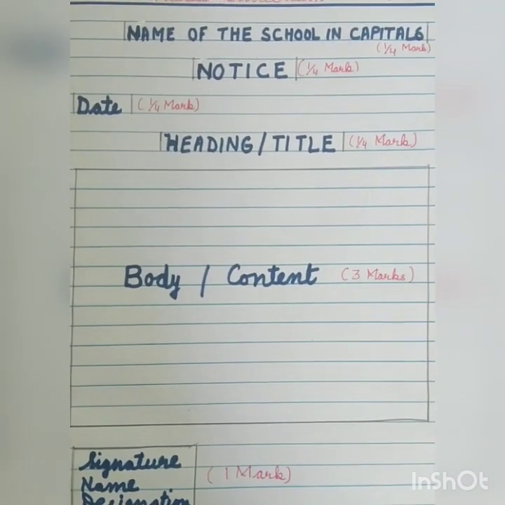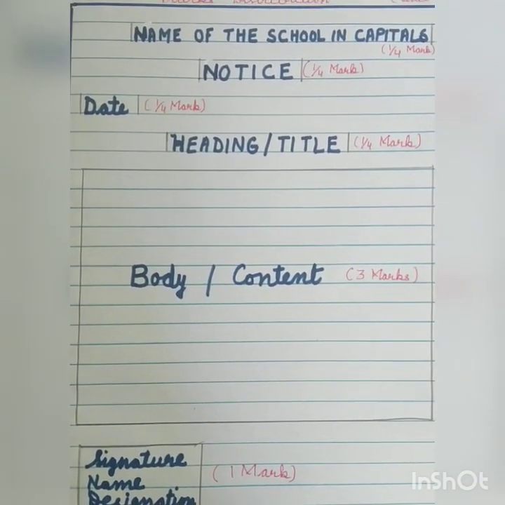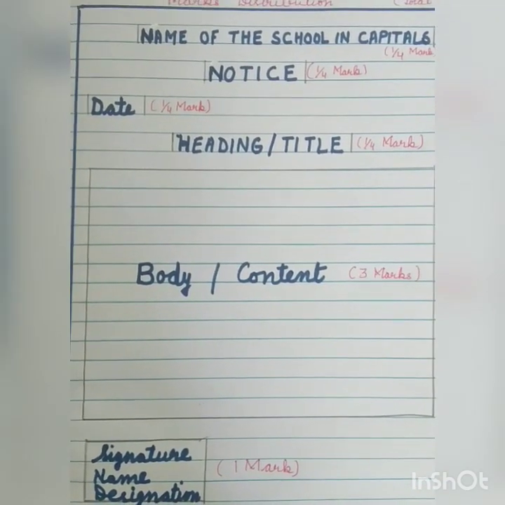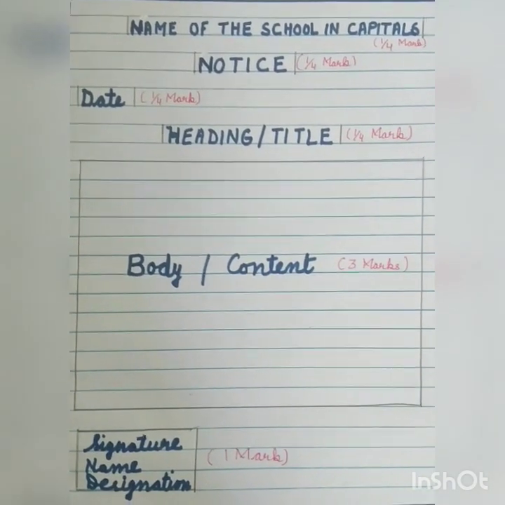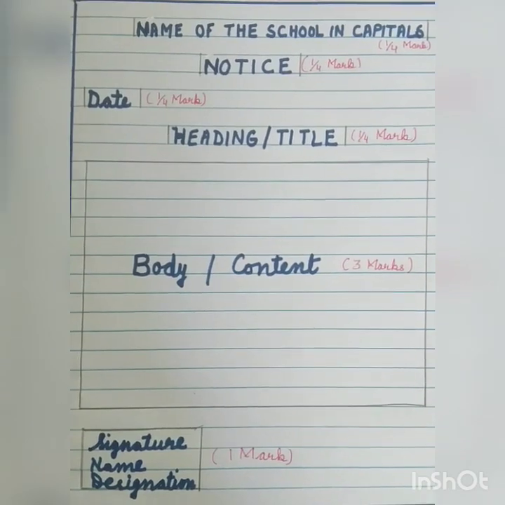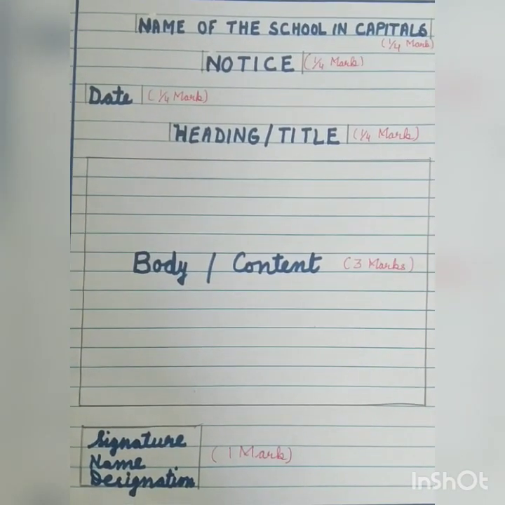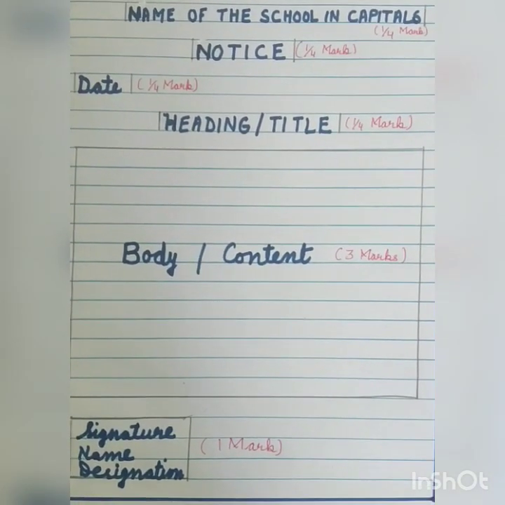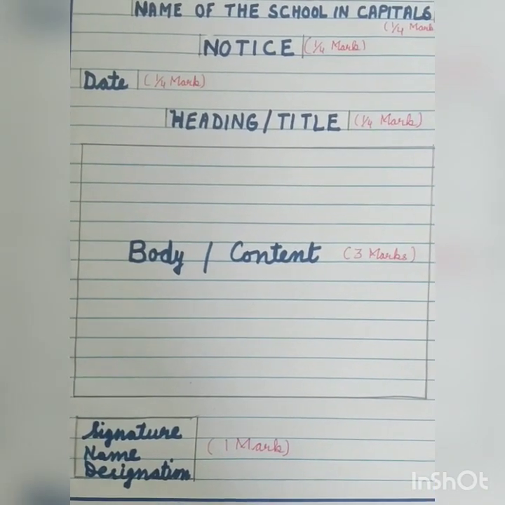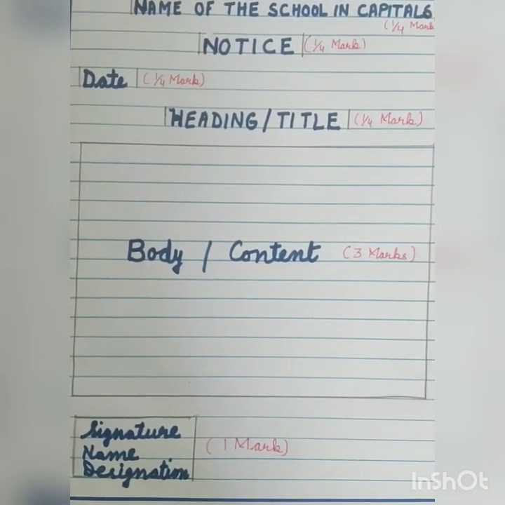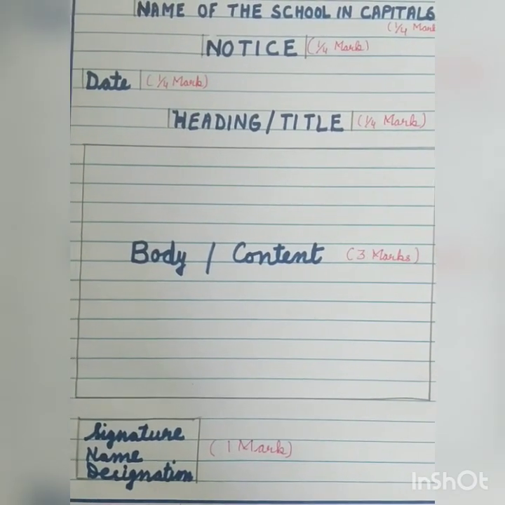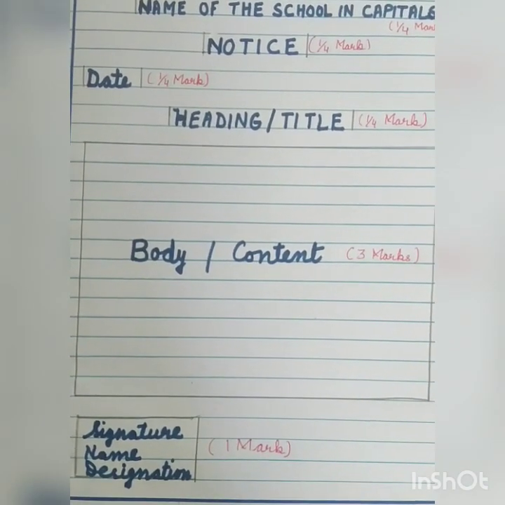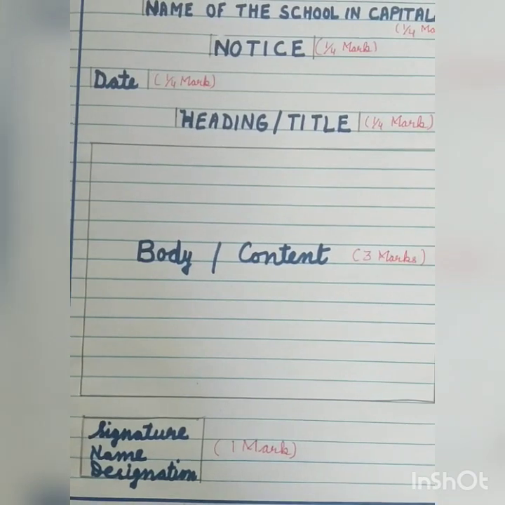Okay, now let's talk about the format of a notice. Whenever we have to write a notice, we have to keep some important points in our mind. And the most important is that we have to put the notice in a box. Remember it, we have to make a box, and inside that box we have to write the notice. Now inside the box, on the top in the middle, first of all we have to write the name of the institution or the name of the school in capitals. Remember, this has to be written in capitals, and then below that the word NOTICE, again in capitals.